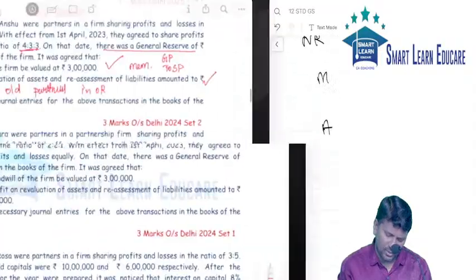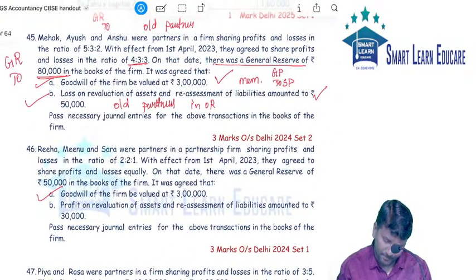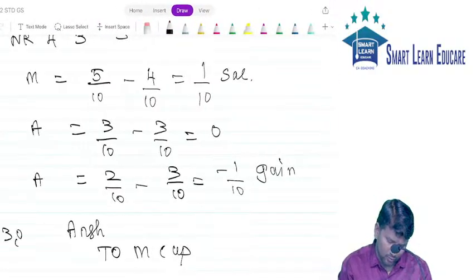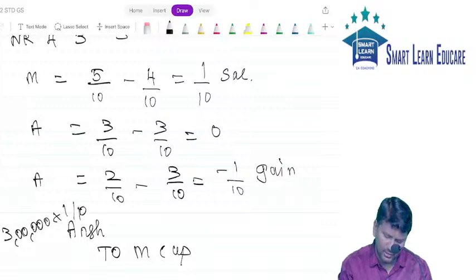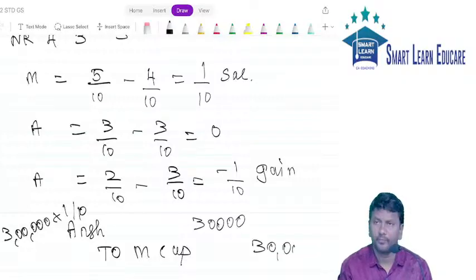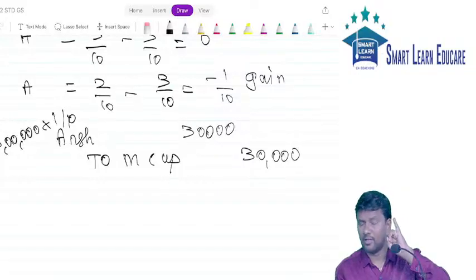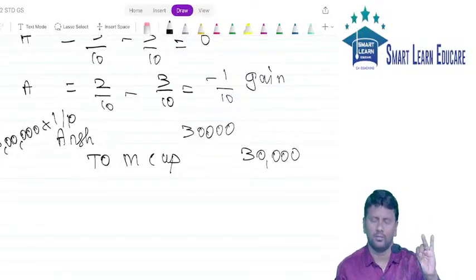What is the journal entry amount? What is the goodwill amount? Goodwill amount is 3 lakh. 3 lakhs into 1/10 will give you 30,000. We should pass the entry for 30,000. So reserve over, goodwill over. Next,